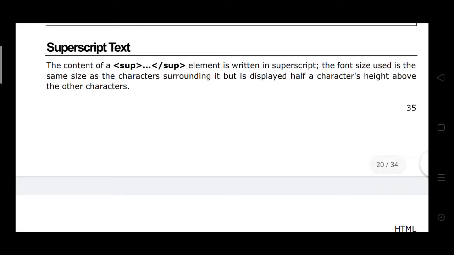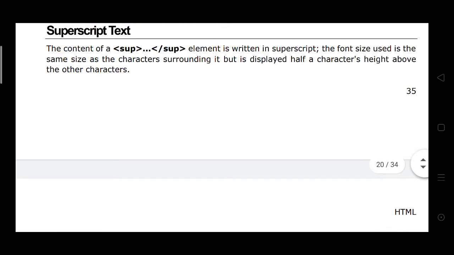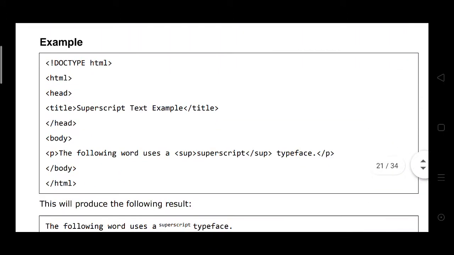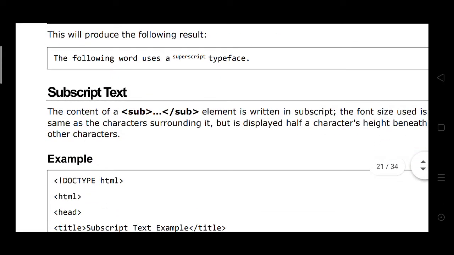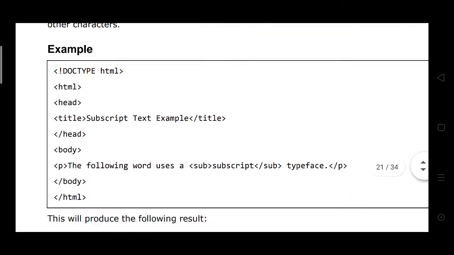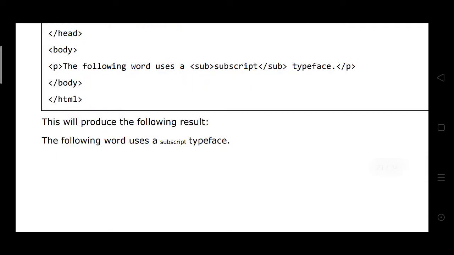Superscript text displays the size of a character raised at the top, and subscript text displays at the bottom of the line.